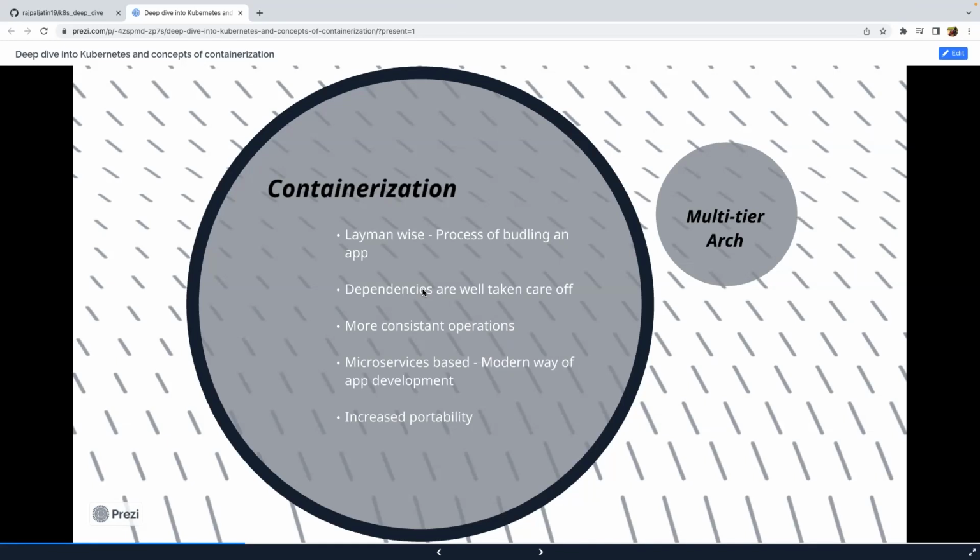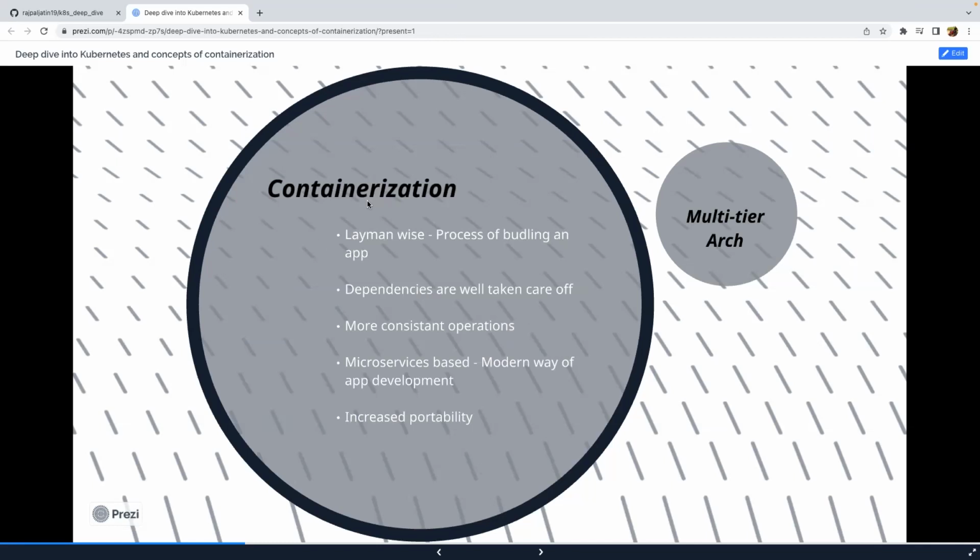And because it is containerized, the container only comes up once it is processing. You can design your application in a way that you are only paying when you are using it, not for the complete 24 hours, 365 days of the year. That's where I think containerization came into the picture.